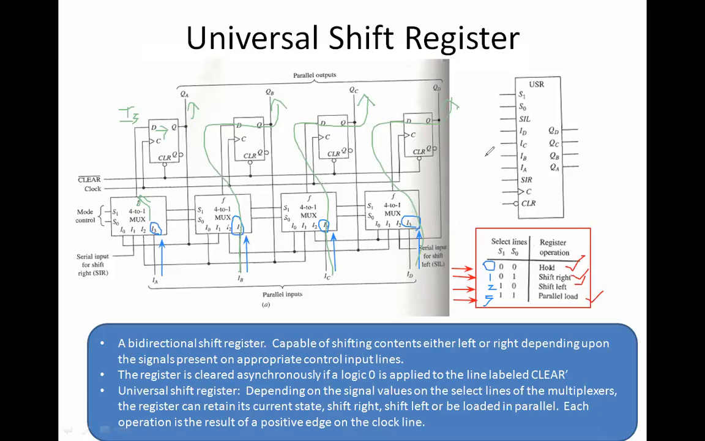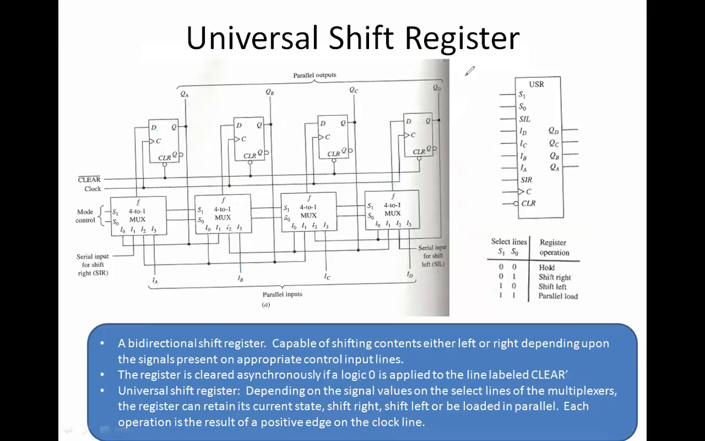So which means 1 1 is referring to parallel load. Now let us see when we have 0 0. So when we have 0 0, it should actually hold the data, right? It should hold the data, right? So 0 0 means it is referring to I naught, isn't it? It's referring to I naught. So I naught is connected to I1,